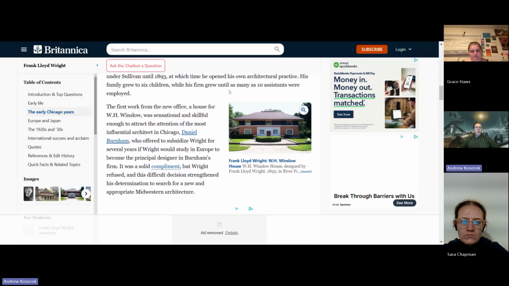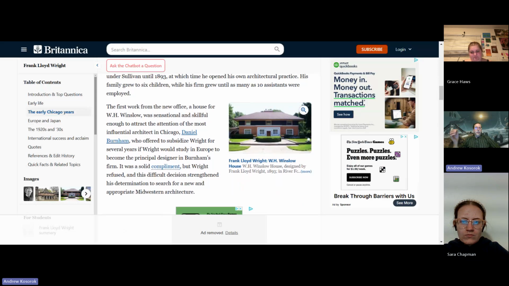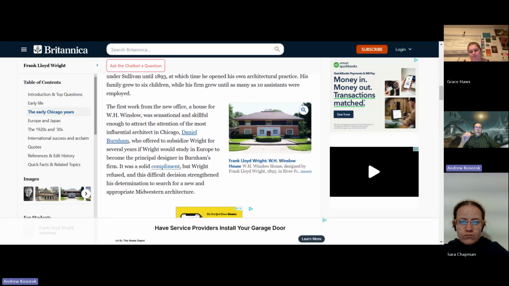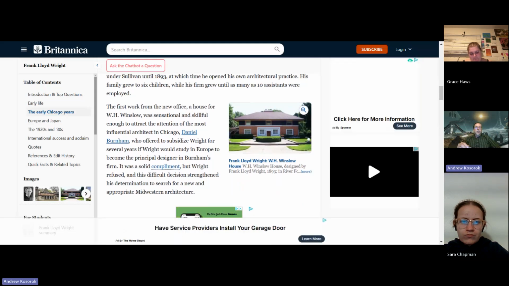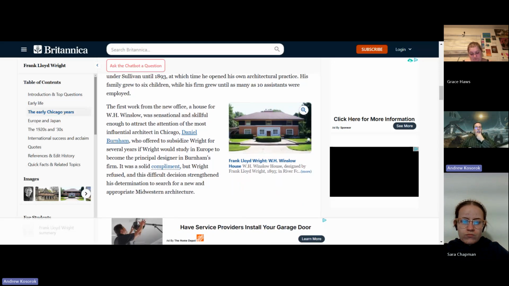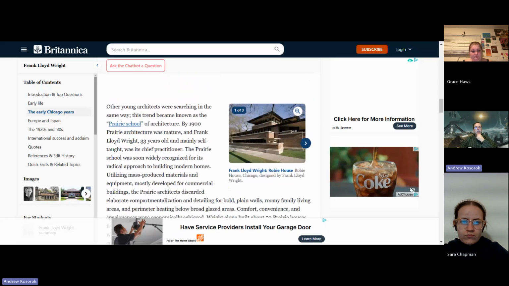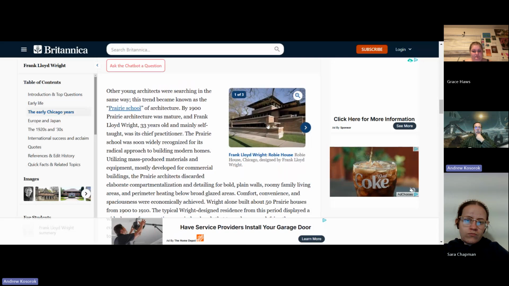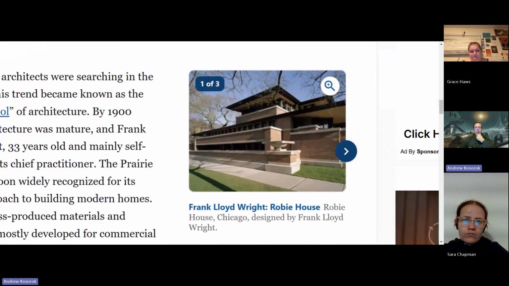So instead of concentrating on modern materials use like the Russian constructivists, the arts and crafts movement really focused on what the individual craftsman could do. So there's a lot of natural wood, a lot of cedar, a lot of natural materials, or a lot of materials designed to look natural. And a lot of that influence got into the buildings that Frank Lloyd Wright designed.